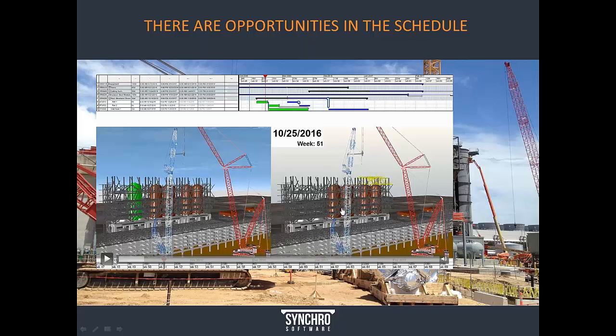But on the right, what you'll see is that due to this situation, the team gets together and actually reconfigures their plan for constructing this facility by considering that, based on the fact that the first 4 tanks were installed, they can start constructing the upper parts of the steel structure before the last 2 tanks arrive and not lose time.